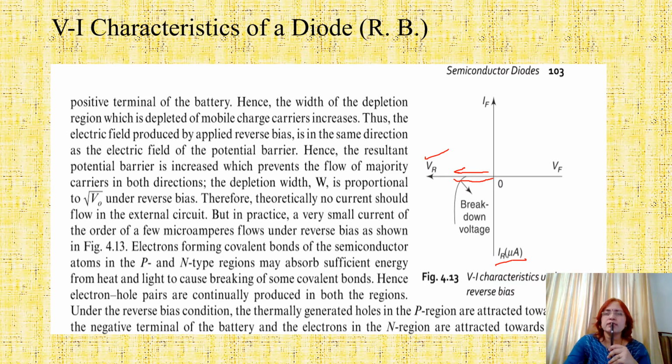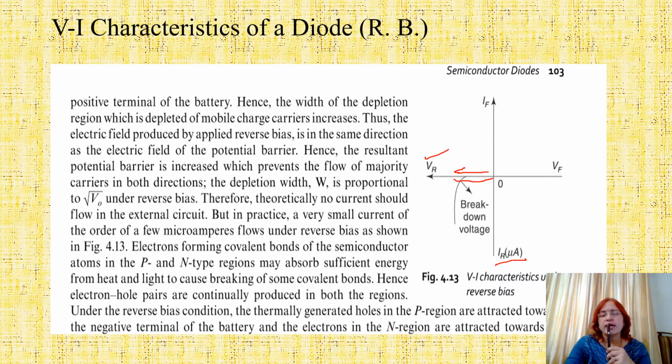As we go on increasing the reverse bias potential, at a very large reverse bias potential, the free electrons in the n-type region moving towards the positive terminal will acquire sufficient kinetic energy to move with high velocity, and while moving with high velocity they will collide with some of the semiconductor atoms and will free some of the electrons. These newly liberated electrons will acquire sufficient energy, and they will also start moving with high velocity, and they will liberate more and more electrons.